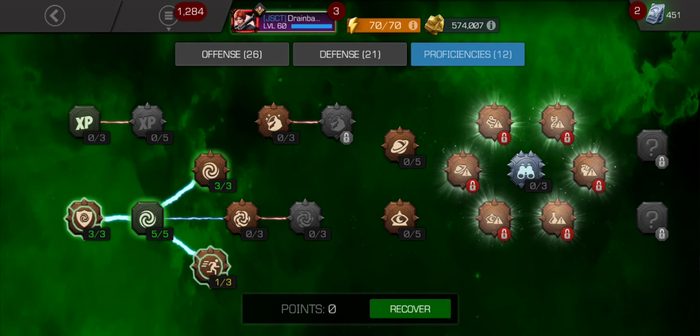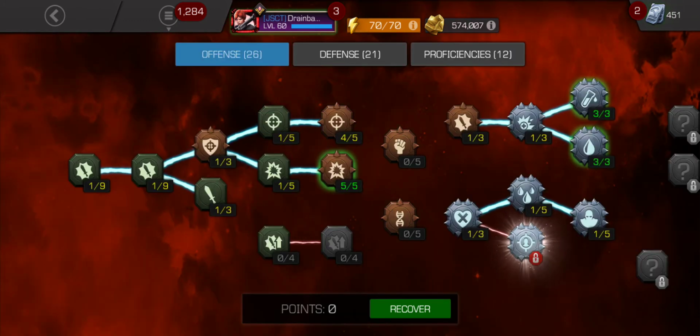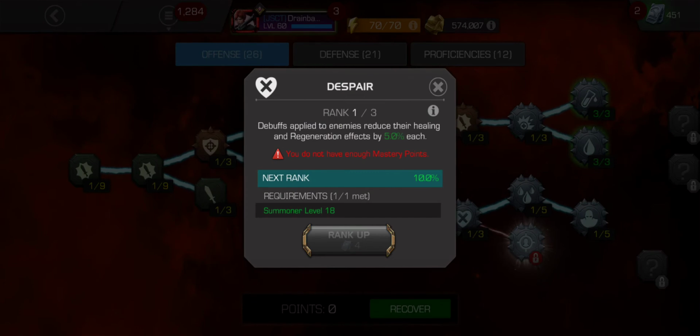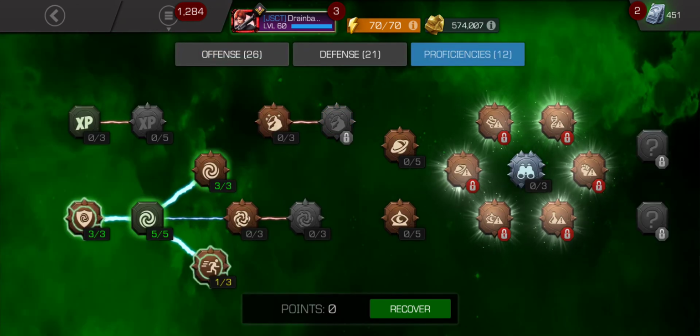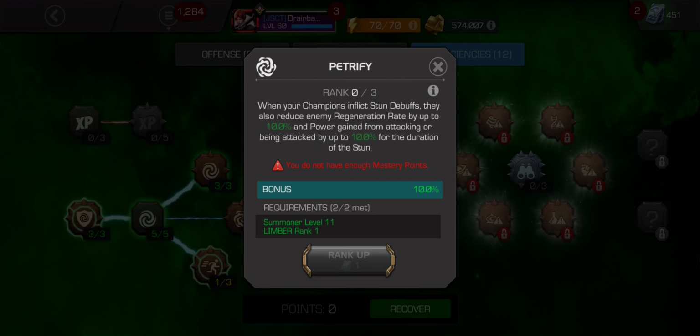However, if you learn to bait specials, you don't have to worry about power gain. If you use the right champs that maybe put on Petrify, you don't have to worry about power gain. So using the right champ and Despair, putting down debuffs on an opponent, will basically do the same thing. Okay, so this is kind of a pointless mastery,